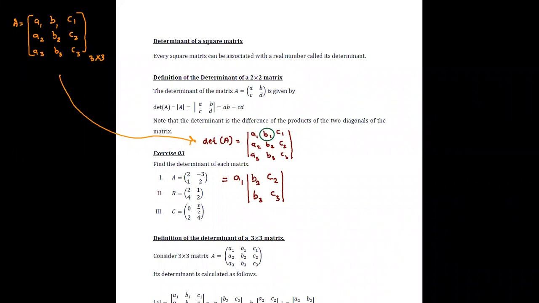Second element in first row, and you have to follow the same procedure. The row and column associated with this element has to be cut off. As soon as we have identified the element in first row, second column, we have to write it here as B1. Then the remaining elements have to be written, we cannot change their orders. We have to write them in the accurate places as they appear in the initial matrix.